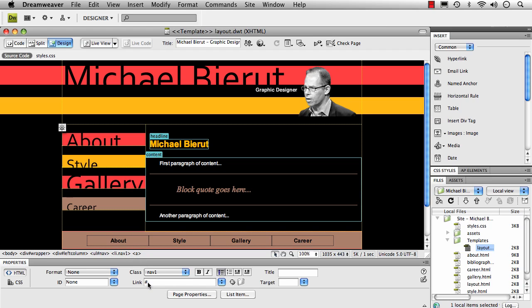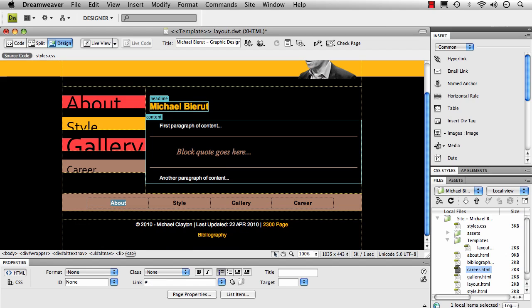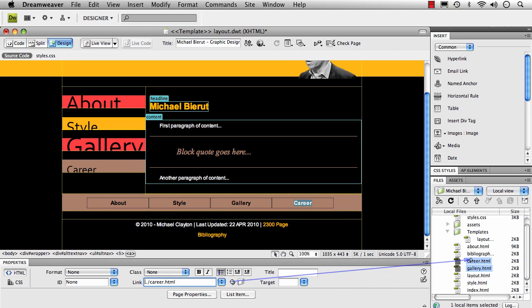and I've got my pound sign in there for the fake link. I just need to take this and target it to the real page. Select the link, target it to the correct page, select the link, target it to the correct page, and repeat. And then for my alt text, highlight the word, link that to About, highlight Style, link that to the Style page, highlight the gallery, and career,